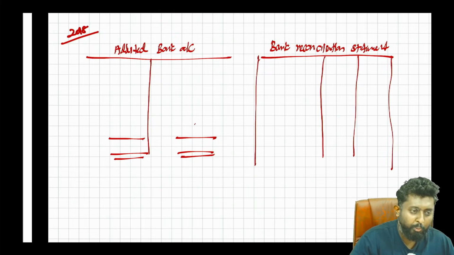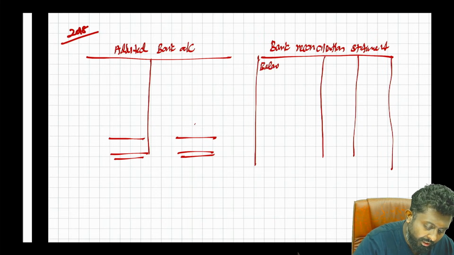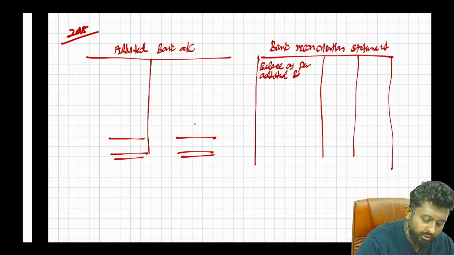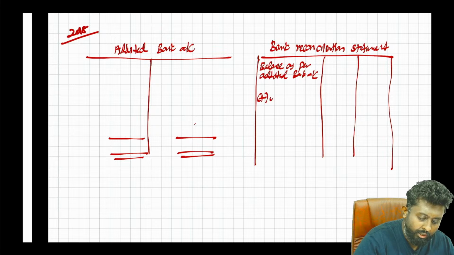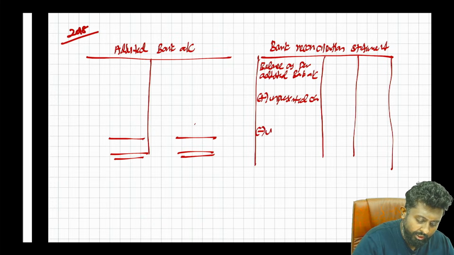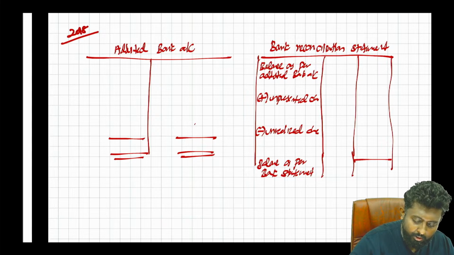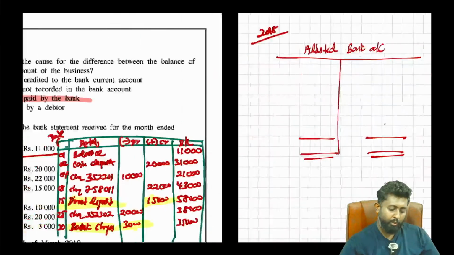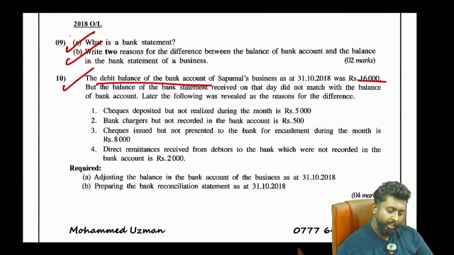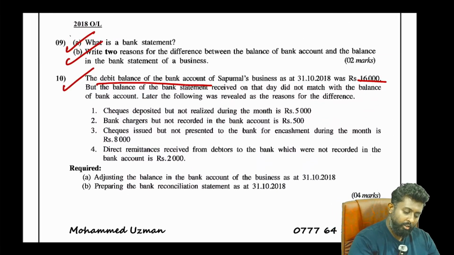So you know we have to prepare this, and then we have to write the correct balance here. Balance as per adjusted bank account. You have to add any unpresented checks. You have to minus any unrealized checks, and what we get here is the balance as per bank statement. Okay, so let's see, putha, here in 2018 O level, they have given